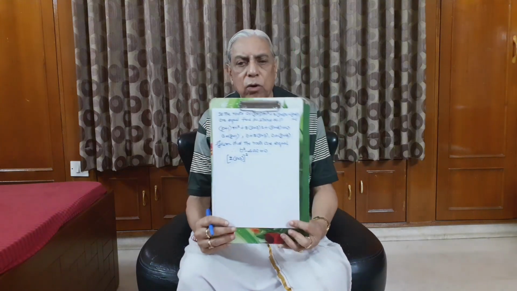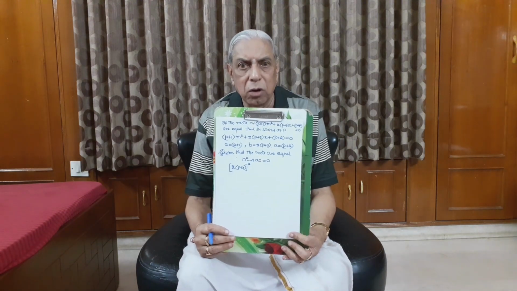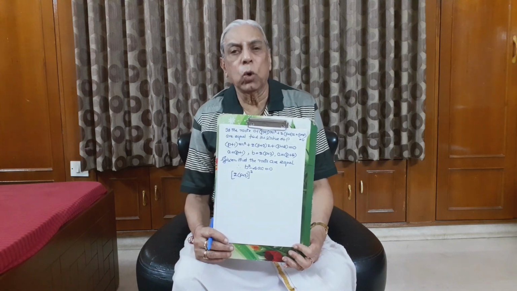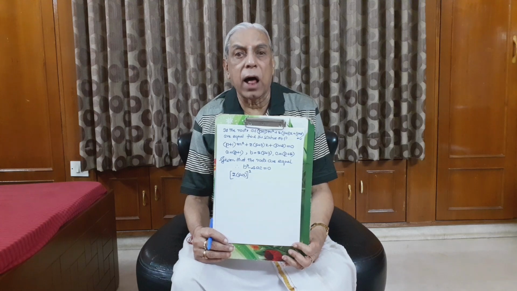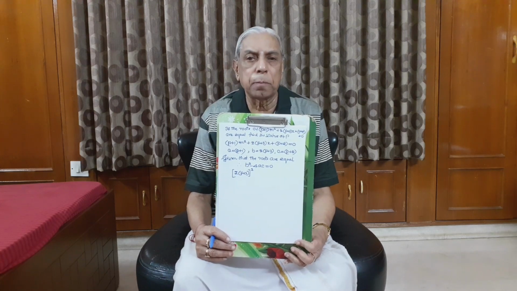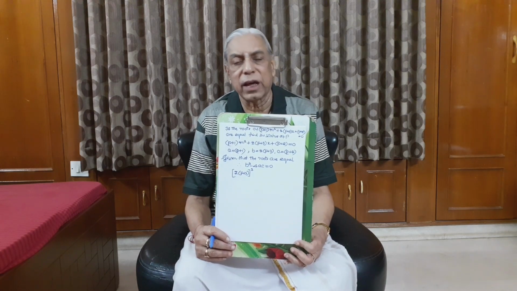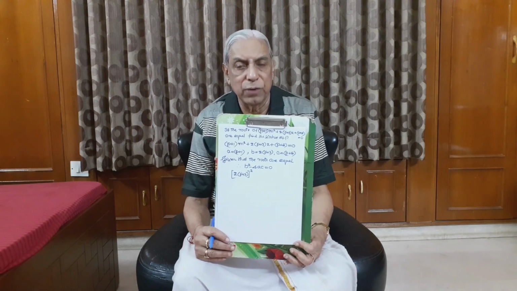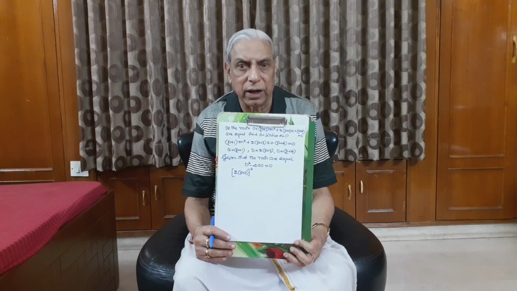I use a big bracket. Don't write only 2 into (p plus) with the square, because then the 2 will not be included in the square. When you write it, you must be very careful; you must include 2 also under the square. Therefore 2 times (p plus 3) the whole square, that is b square,